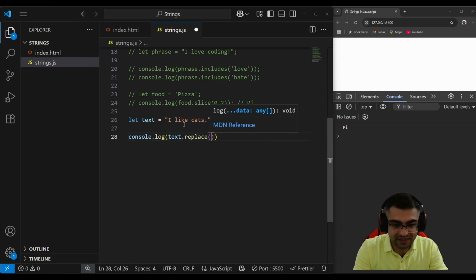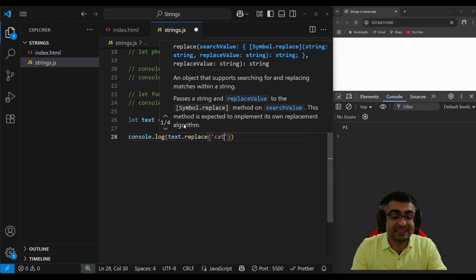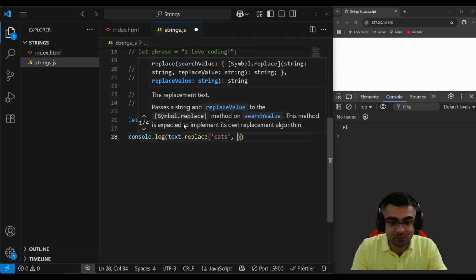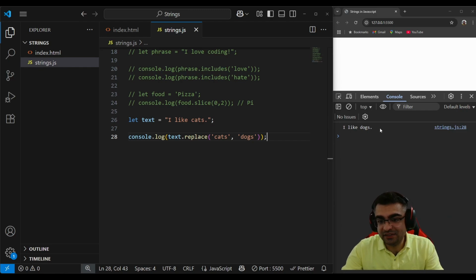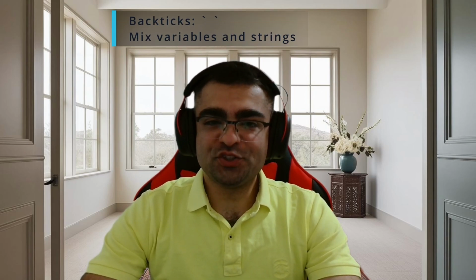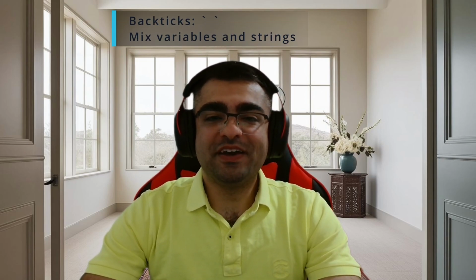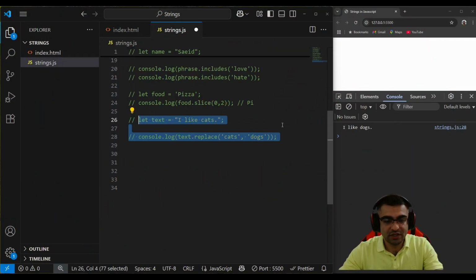text.replace, then I would like to replace cats with dogs. I'll separate these two words with a comma. So here I'll save the file, and here you see that we get the new string I like dogs instead of I like cats. Remember those backticks I mentioned? They let you mix variables and strings easily. No plus signs needed. Here again I'll comment out these lines,